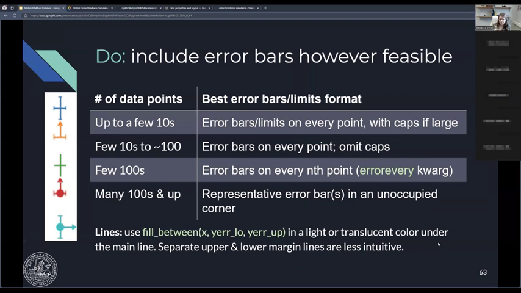Now, since we mentioned error bars and showing them only for your own plots, let's talk about error bars. Hopefully it goes without saying for most of you in STEM that you're supposed to include error bars whenever it's feasible. And it's feasible to do it on every point up to maybe a few tens of points. And it helps to include caps to distinguish these from markers. And also, if you have very small error bars along one dimension, sometimes the caps make them visible,